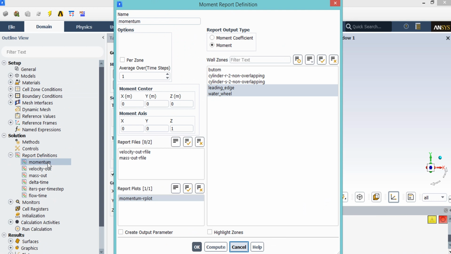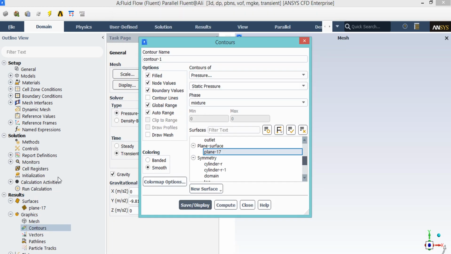Now, by clicking on the first report, which is a momentum report, you can see that the software will automatically calculate the momentum of phases on zones and surfaces like the leading edge and water wheel. Actually, you can add this report by clicking on New and then going on to the Force Report and then clicking on Momentum Report. Now, in order to define and extract the contour, you just have to right-click on the